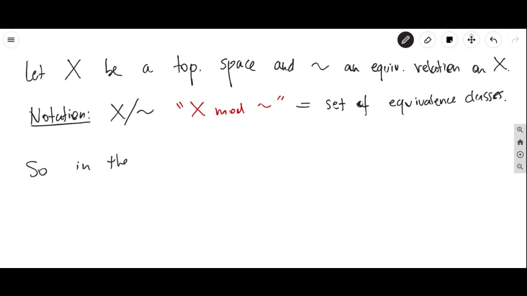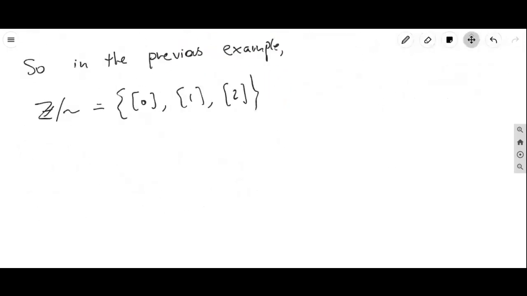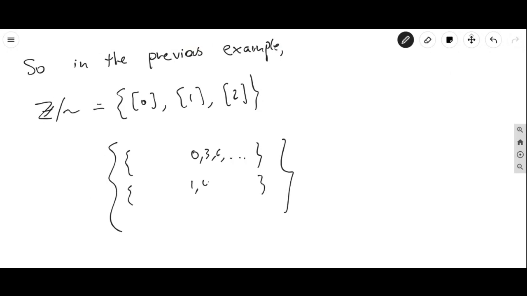So in the previous example that we just did, we had an equivalence relation on the set of integers, and there were 3 of them: the class of 0, the class of 1, and the class of 2. And if you want to write them out even more explicitly, this would be a set, and then you open these up to see what they mean as sets. So it's like a set of sets, and then this would be 0, 3, 6, and then this one would be 1, 4, 7, and the other one would be 2, 5, 8. So that's what it would be. So the Z mod, the equivalence relation, would be a set consisting of 3 classes, and the classes themselves are